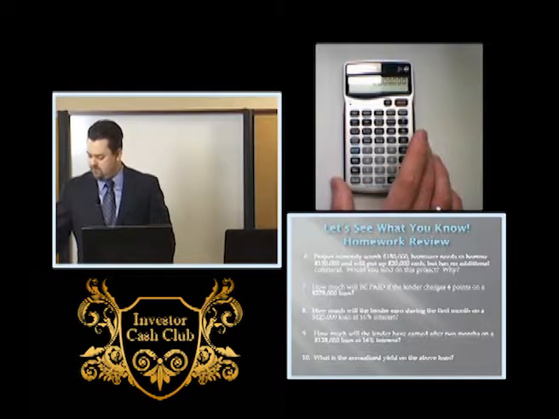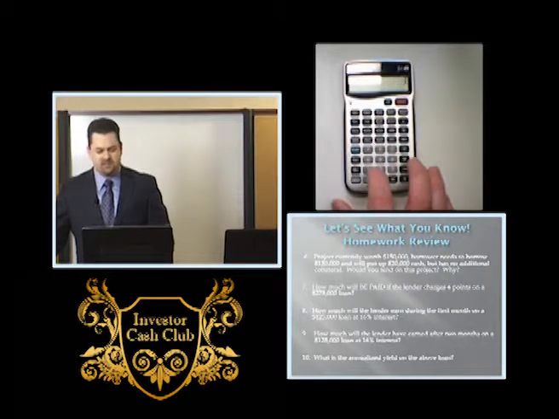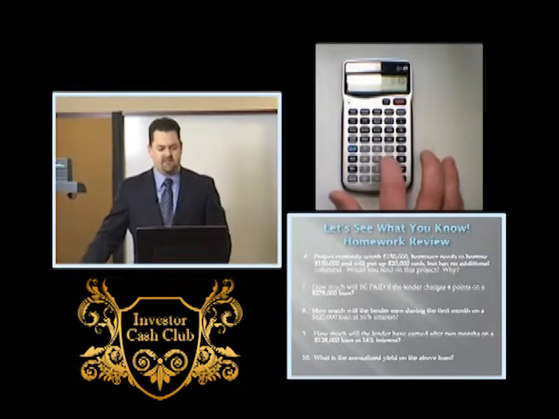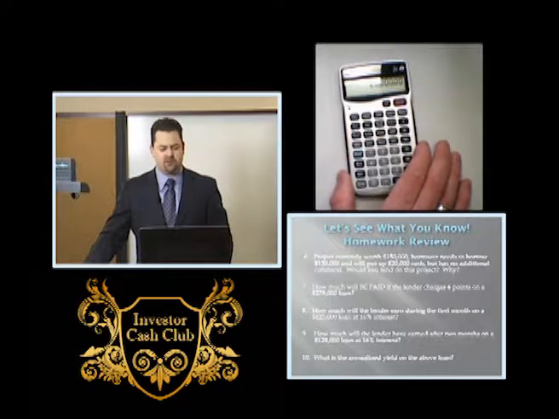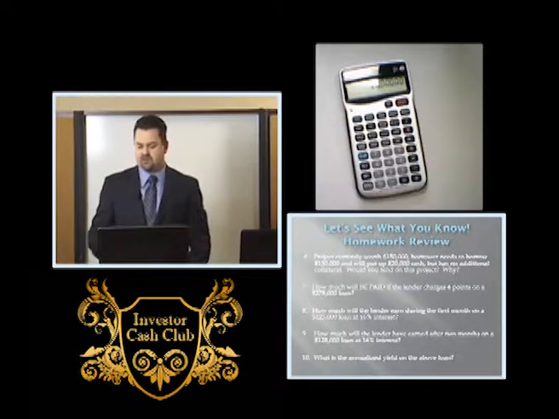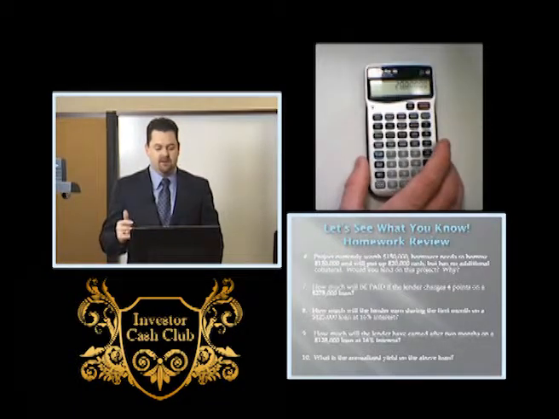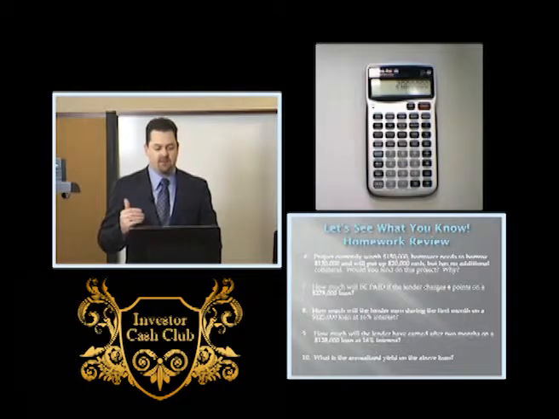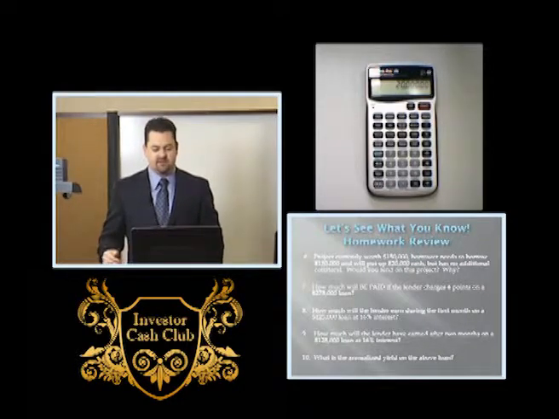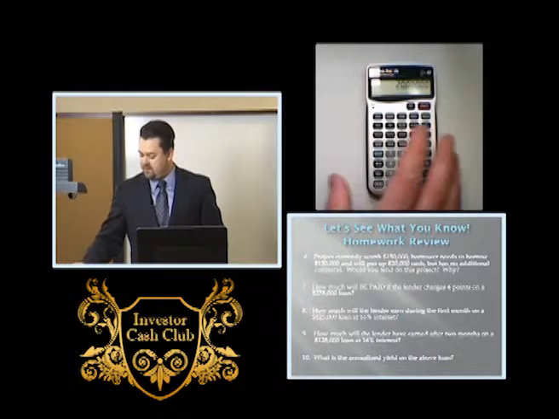We can do it differently as well. We can go $125,000 at 0.16, which gives us $20,000. So guys, if you make a $125,000 investment at 16% interest, you're going to earn $20,000 for the year. Now the question is, number 8, how much will the lender earn during the first month on a $125,000 loan? Well, you can either take the $20,000 that we came up with and divide by 12,